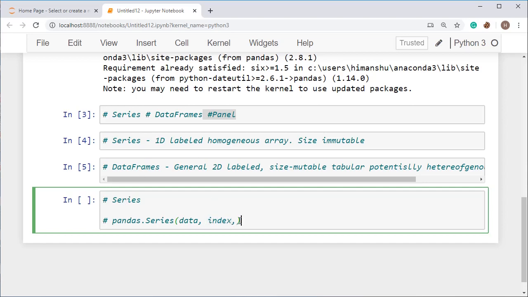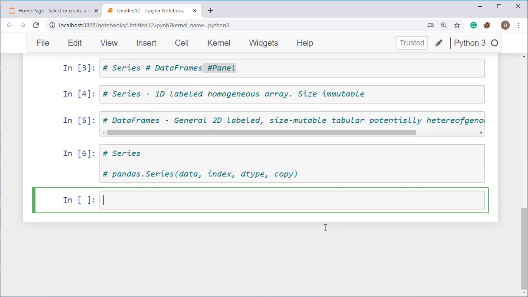All right. So in only one axis you can provide the label or index. That's why this one is called single, means 1D labeled homogeneous array, and the last one is copy. By default, copy option is false, and dtype actually denotes the data type of the series, and index means you can change the index of the series.